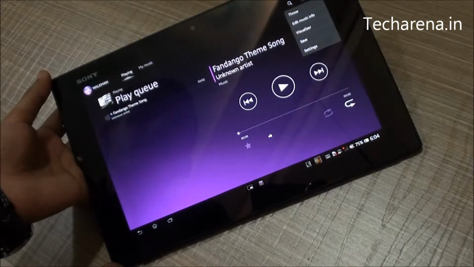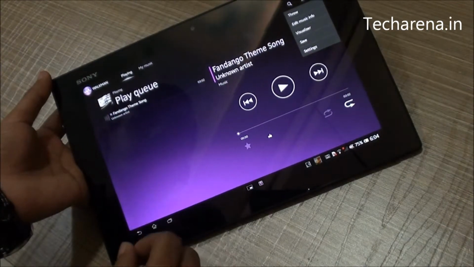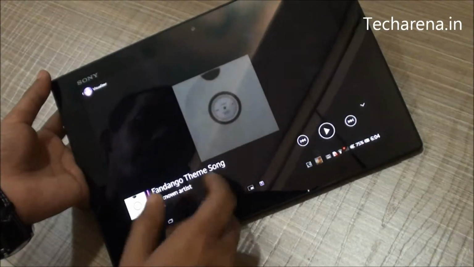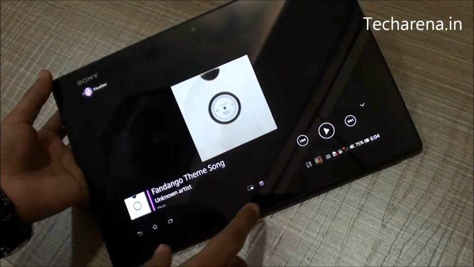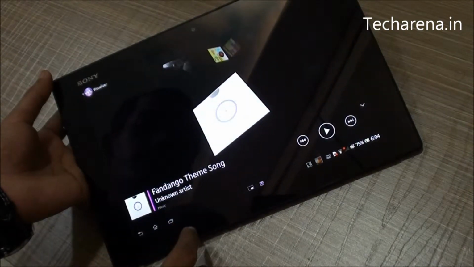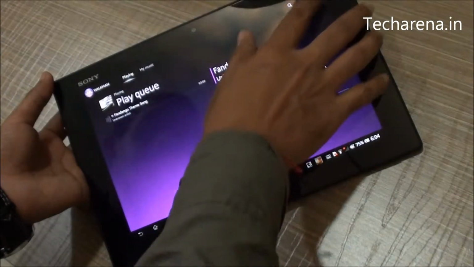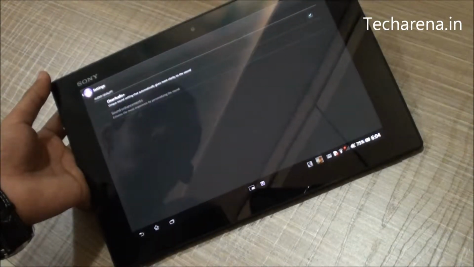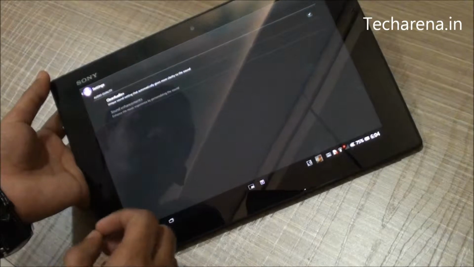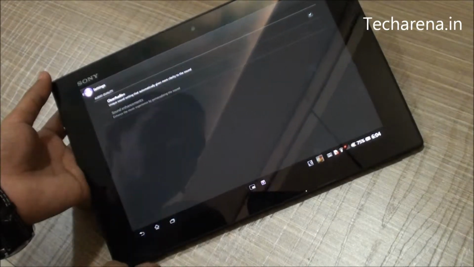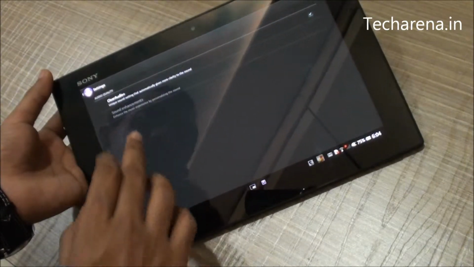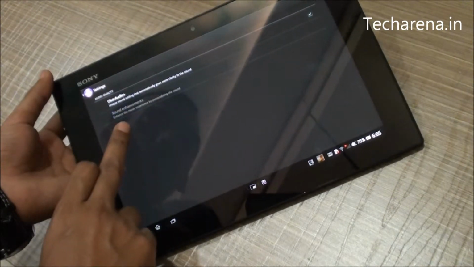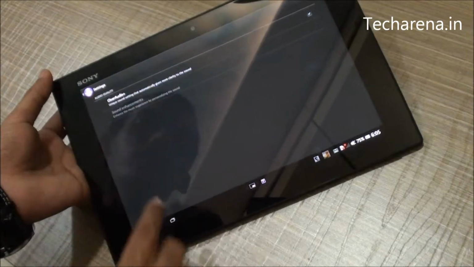The Walkman application offers you better audio experience. You can see you have a visualizer option available here where you can add different kinds of effects on the screen while playing audio. Also, under settings, we have a clear audio option available. When you tap on this, the audio output is a bit improved. This works really great when you're having a good set of headphones. And also the sound enhancement option, which is also only enabled when you have connected a headphone. It does not work on speaker.